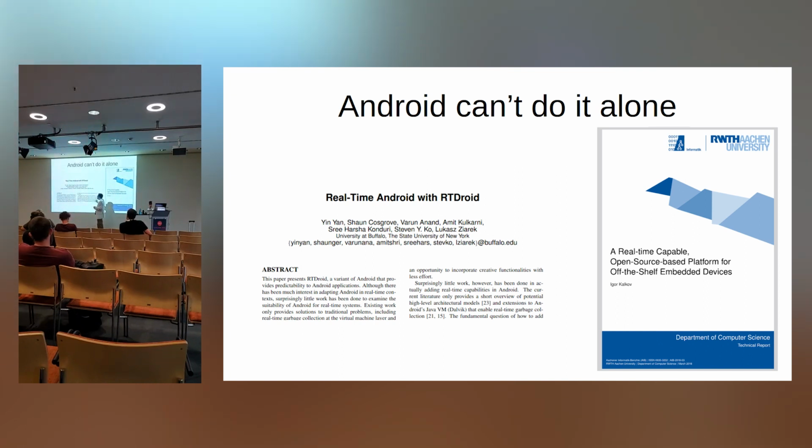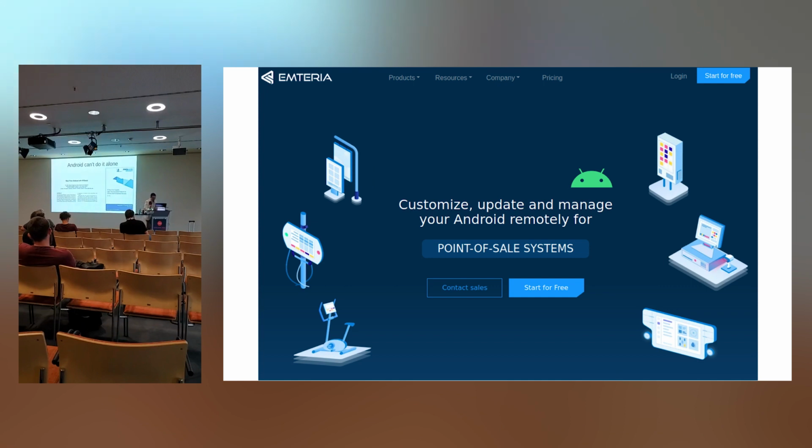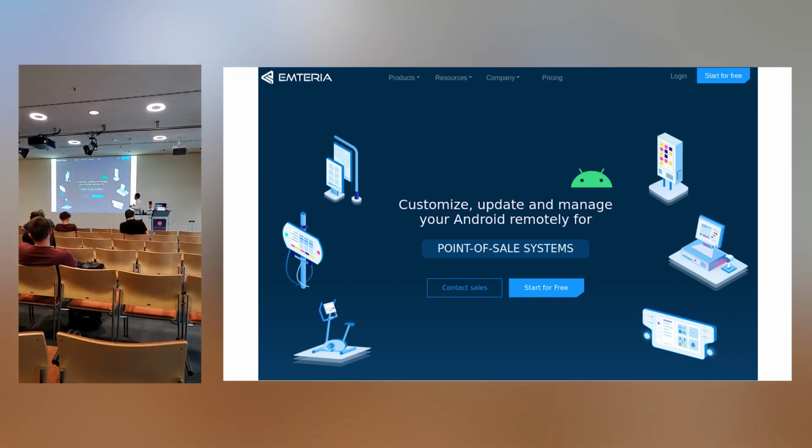Here they've been experimenting at the University of Buffalo. Here a friend of mine, Igor Karpov, has been experimenting also. And all of these experiments just don't go anywhere because practically Java memory and real-time, hard real-time, like controlling a turbine, doesn't go together very well. And so, the typical solution is that Android,